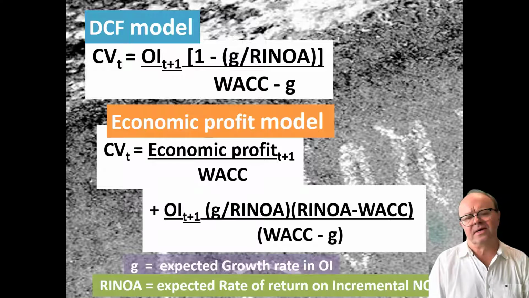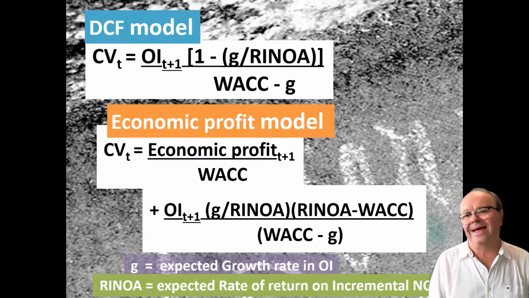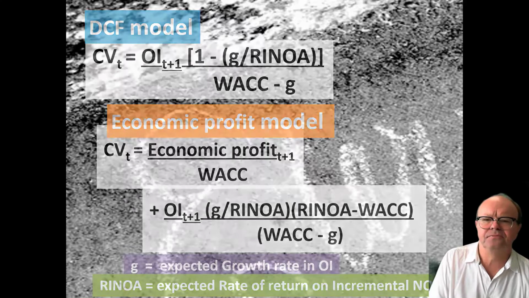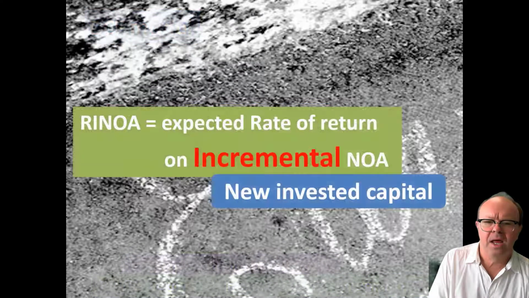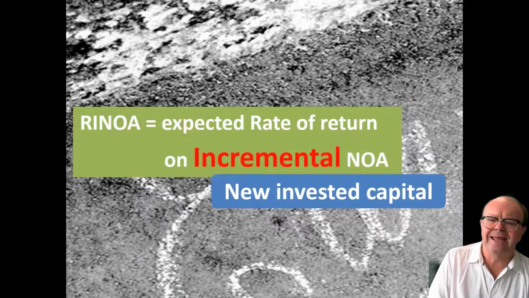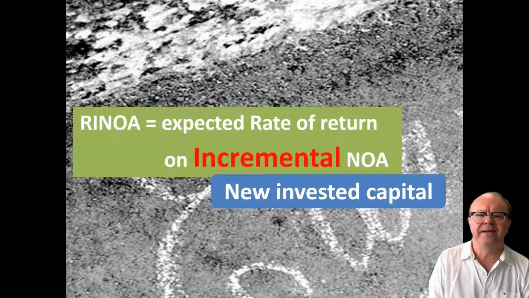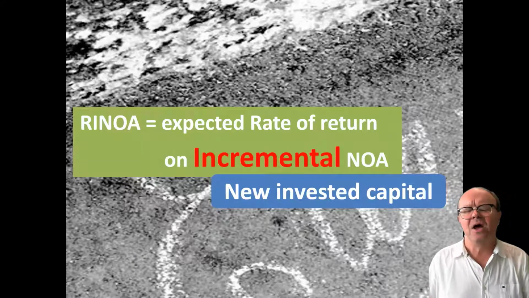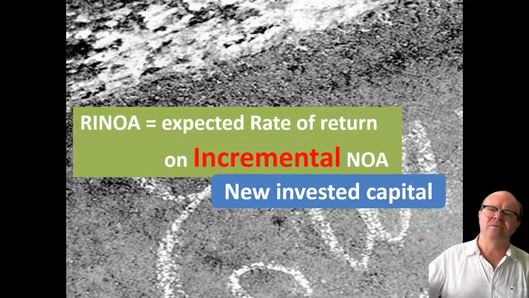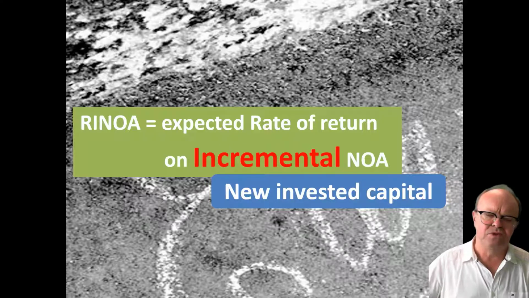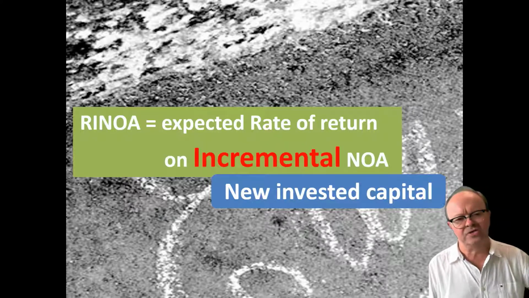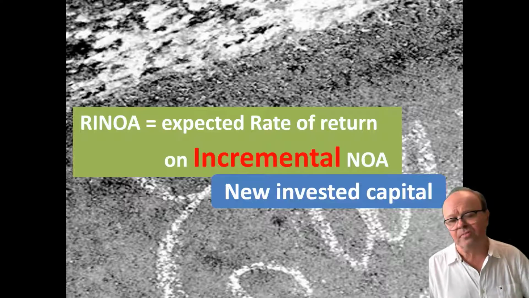RINOA is our assumption on that expected rate of return on that additional or incremental net operating assets, which is the new invested capital that is presumed to be invested after our forecast horizon